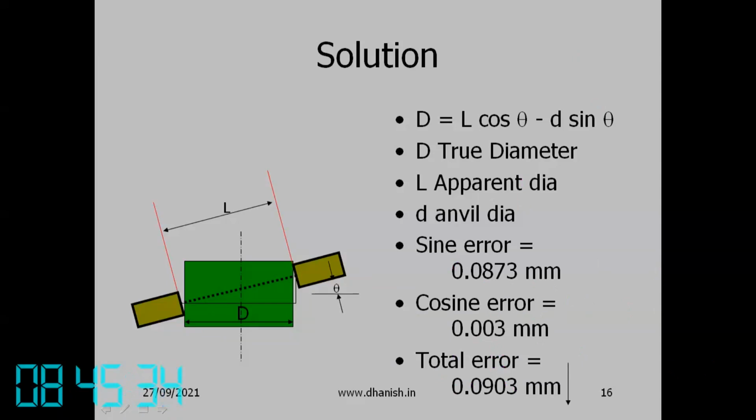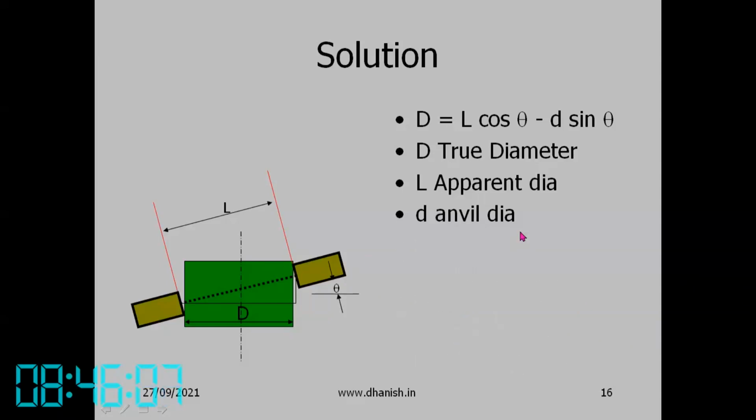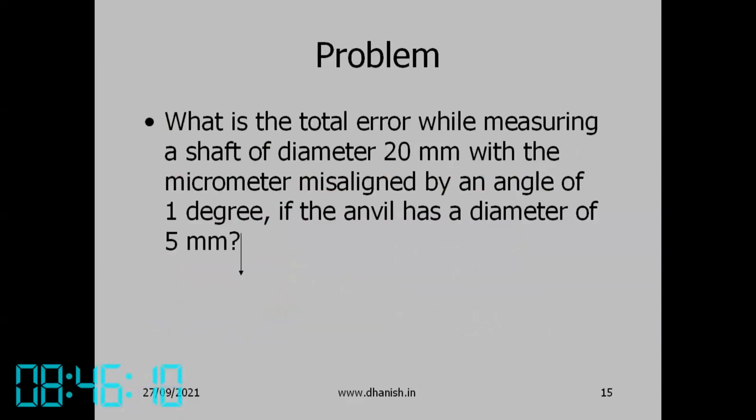So for the exam, we'll have different questions with different geometries. There will be slight changes here and there. So you will have to estimate the misalignment error, sine and cosine error. Okay, any question? Sir, can you show the question once? Okay, all of it is there in the handouts.